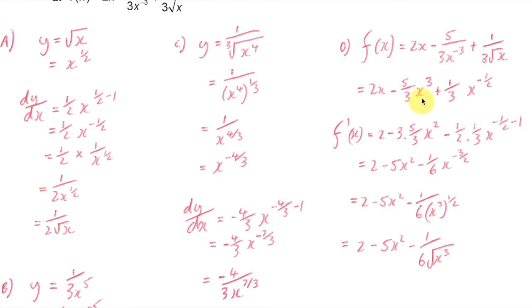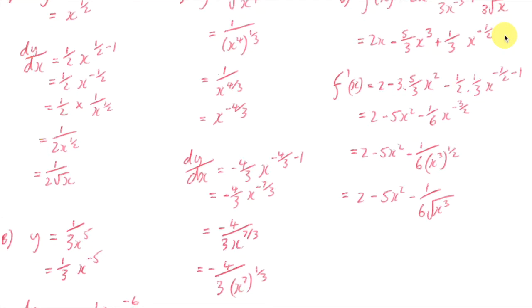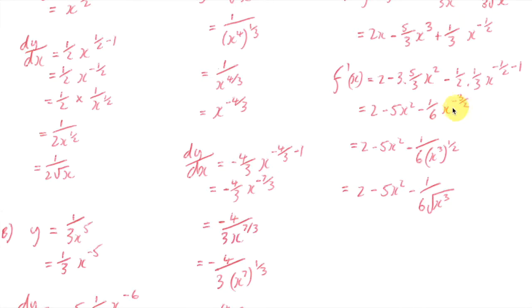So it's 5/3 of x to the power of positive 3 plus 1/3 of x to the power of negative a half. So square root, so it's x to the half, and then bring that to the top. So change the power of this, change the sign of the power. Now working out its derivative, just applying that basic rule, I get this expression. I want to express the last one as x to the power of a positive